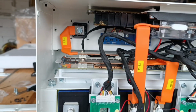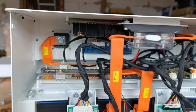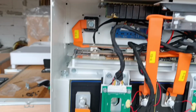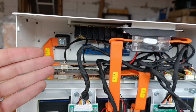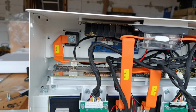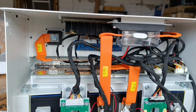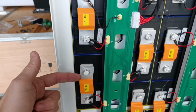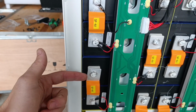What can go out? The BMS itself, the active balancer, and the fuse. These are the only elements that can get broken over time more quickly than the cell itself. And having so much space inside here, it's very easy to manage and to change them without any troubles. What else? Yes, since everything is not welded and is actually used on bolts and nuts, this means that